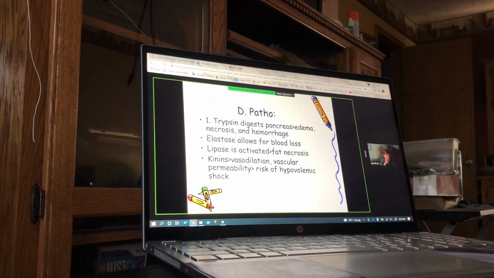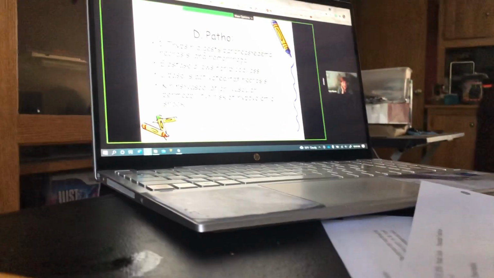Elastase is activated, and it allows for blood loss. Lipase is activated, and it can cause fat necrosis. Kinins are activated. That's just meant to be an arrow, not a number 6. When it updates, sometimes the arrows become numbers instead, but they cause